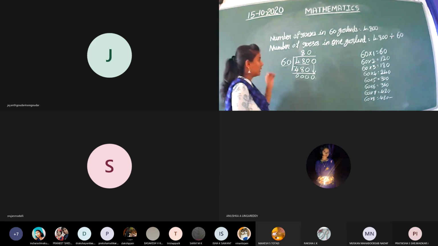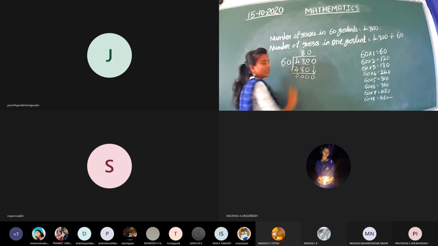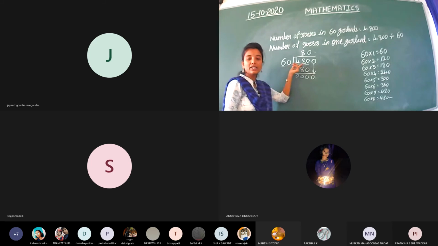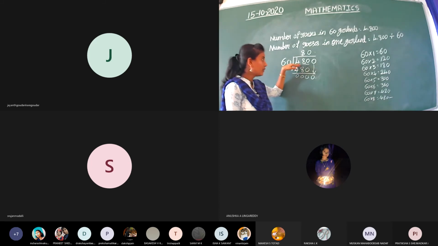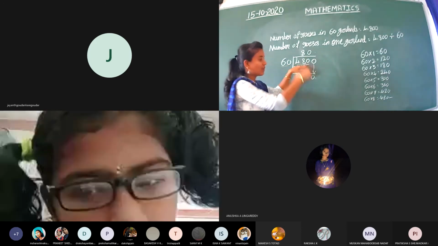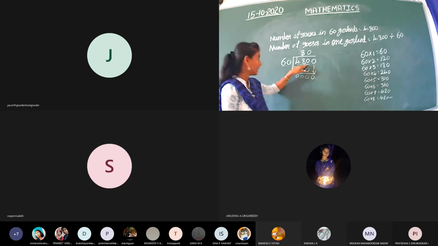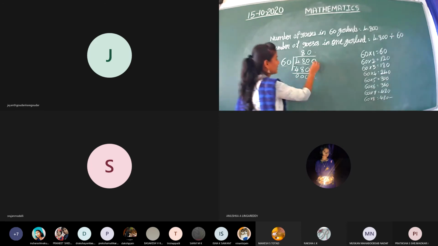16 ones are. The next, choose the number. Here 2 digits are there now. Choose the 2 digits. But the dividend is less than the divisor. Then what can we do here? Choose the next number. It will become a 3-digit number, 480. Now it is greater than the divisor. Check in the 60 tables. 480 is there. Yes, 60 into 8 is equal to 480. So 16 8s are 480. Subtraction. The next one, take down 0 here.